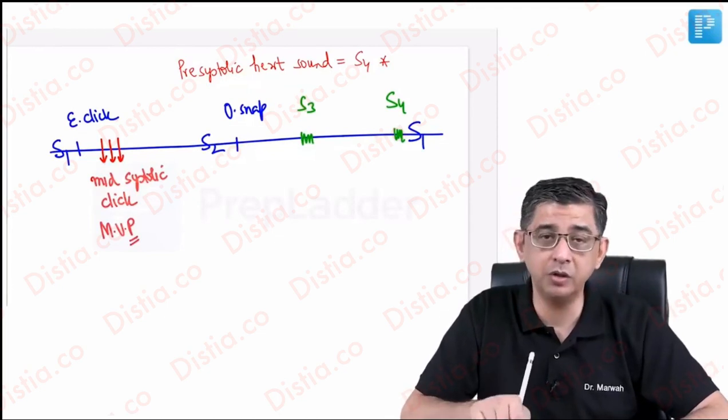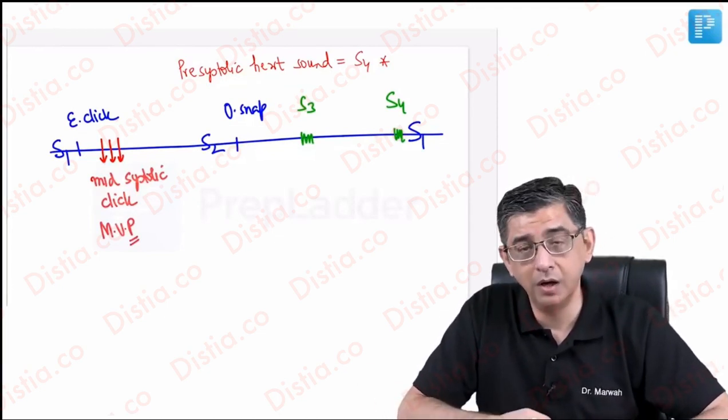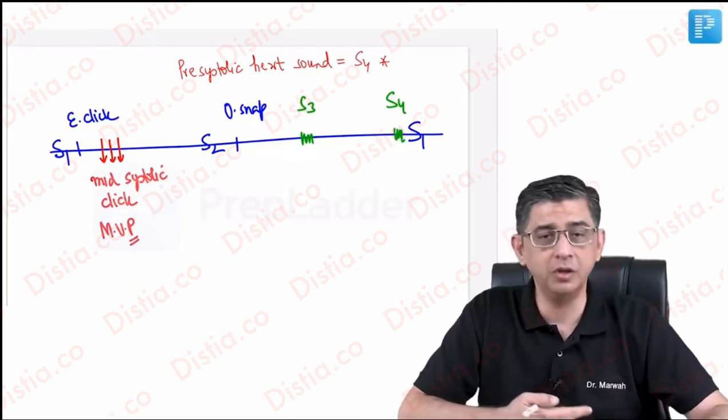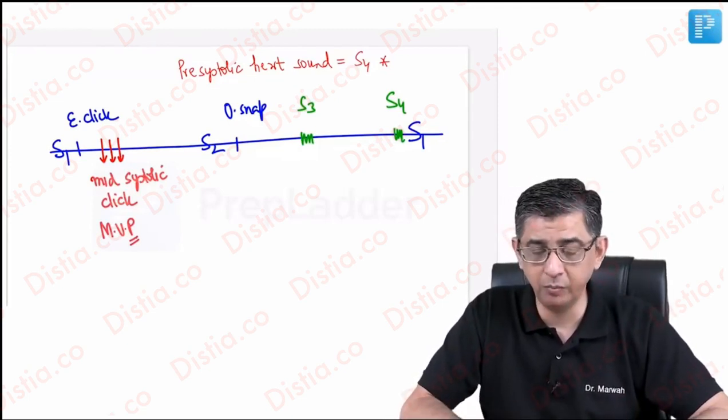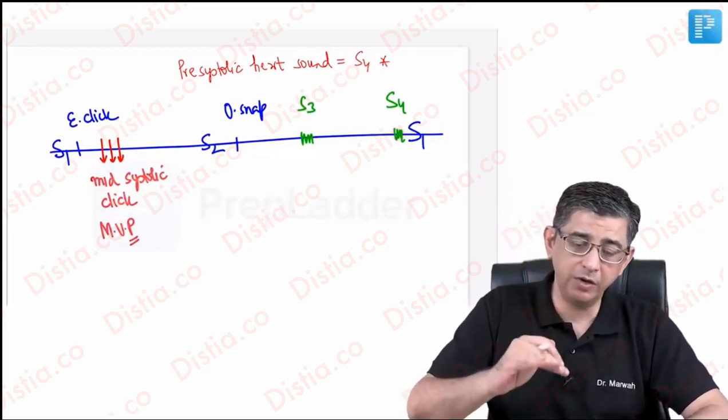There's a separate animation on the same and also a routine video. So when you listen to the animation component of the main video, this will make more sense to you. But at the moment, what I can say is that in mitral valve prolapse, the valve is going up